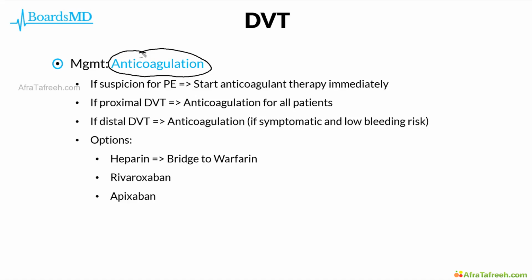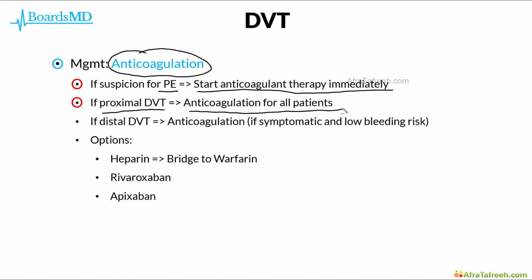For those patients in which we have suspicion for a pulmonary embolus, we should really start anticoagulation therapy immediately for these patients. Additionally, for those who have a proximal DVT, the risk of them going on to develop a PE is so high that unless they have an absolute contraindication to anticoagulation, we should give anticoagulation for all of